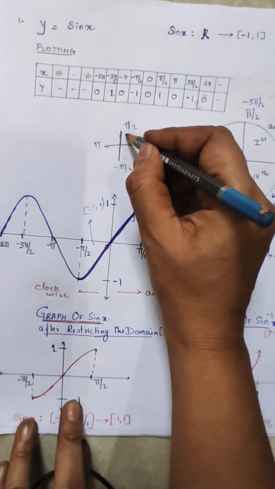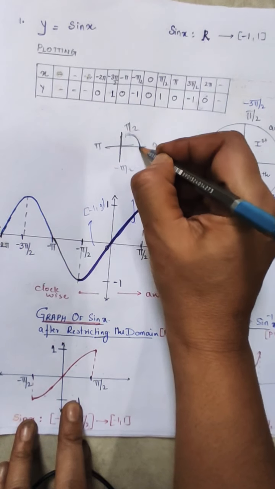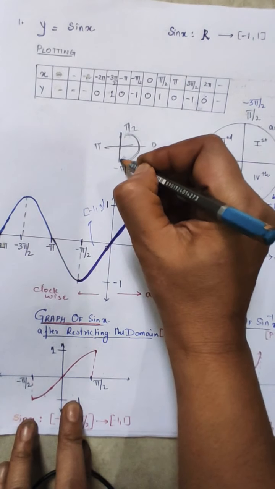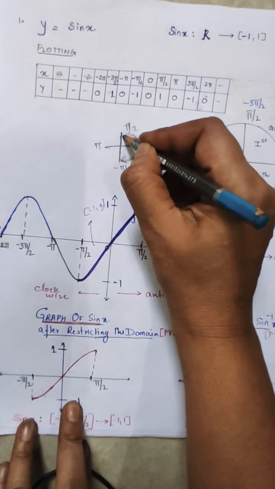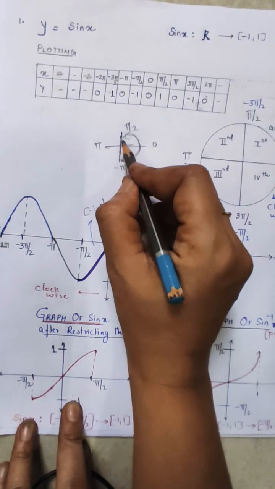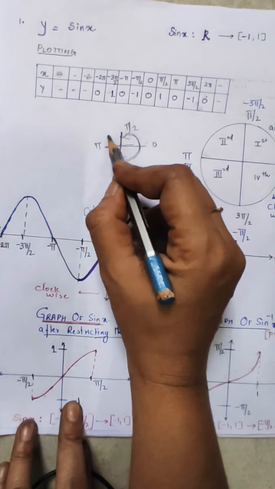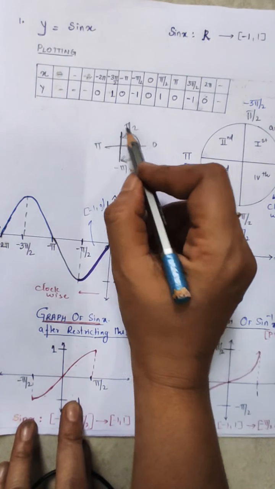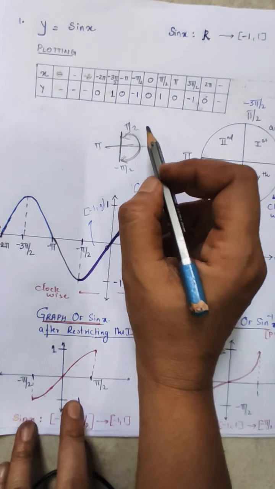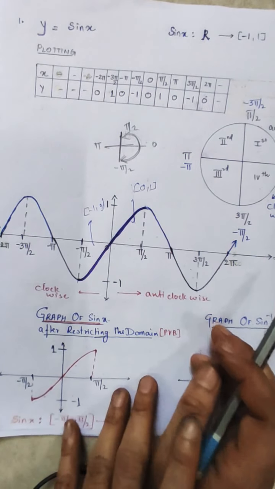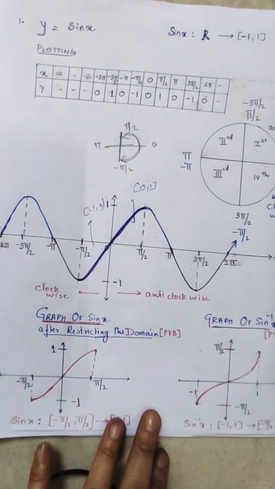For the sine function, you will be drawing a semicircle to the right of the y-axis. Similarly, the same can be drawn, but with a different semicircle for the cos function, tan, sec, and all other trigonometric functions also.